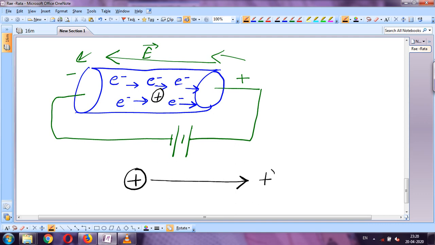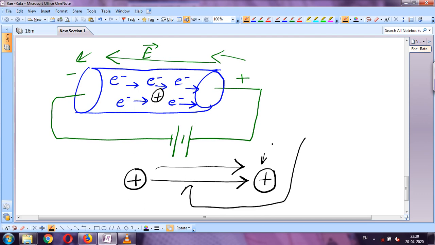Then in their path it is possible that another ion will come. So again it will collide with this ion and again the velocity becomes 0, whatever velocity it gained during this travelling. Now let me tell you that this path, or this distance which the electron moves between two successive collisions to gain its velocity, is called free path.